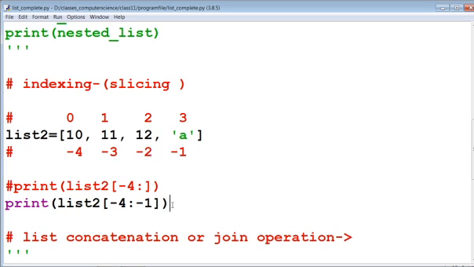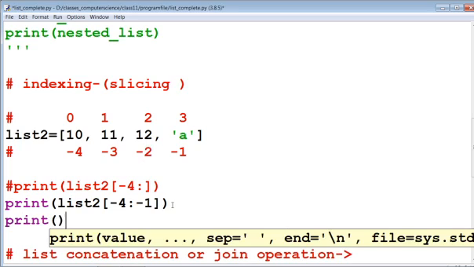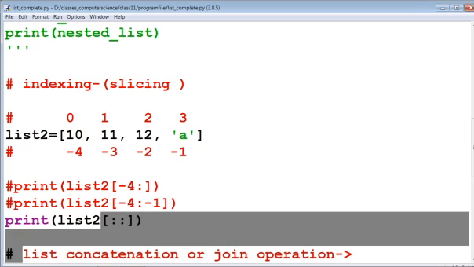Now if we are going to print list 2, now we can see that here the start value and the stop value is not defined here.